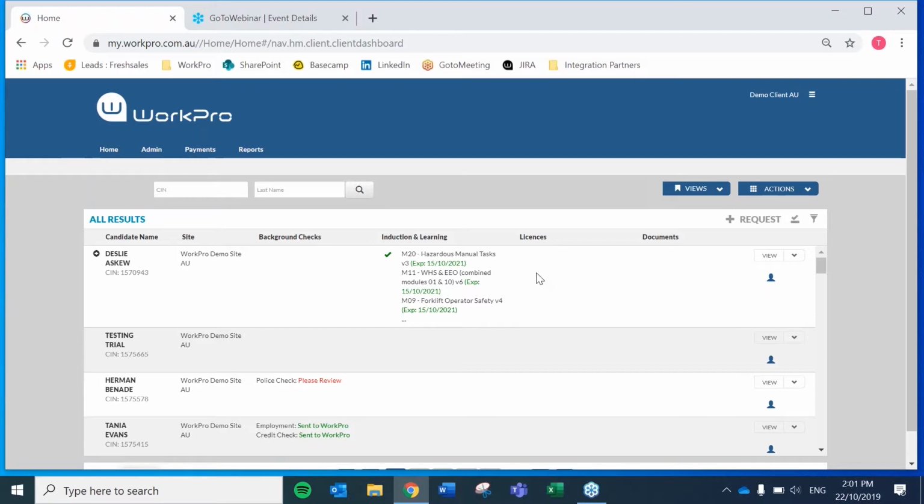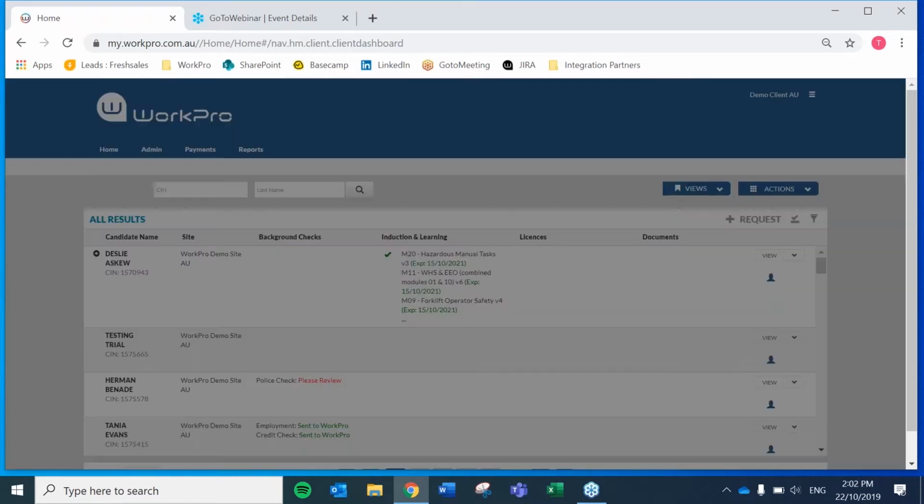From the administrator dashboard, you can see there's the licenses area and here is the documents area. I'm going to treat these two as two separate modules for today's webinar. Concentrating on the licenses area,